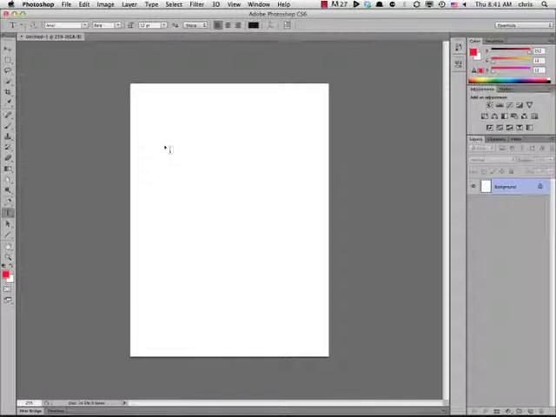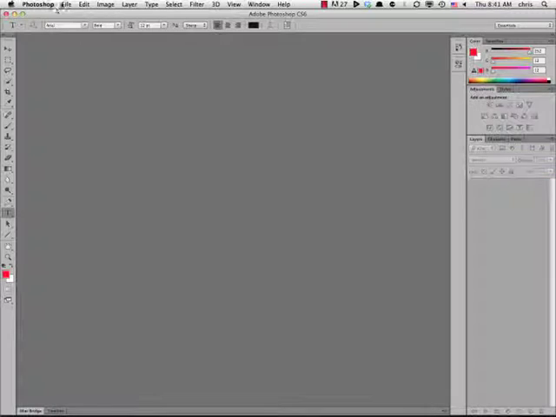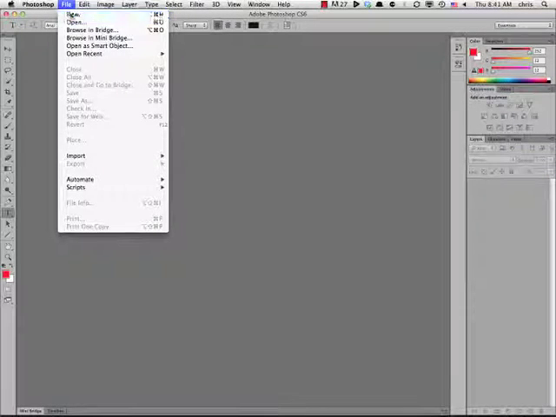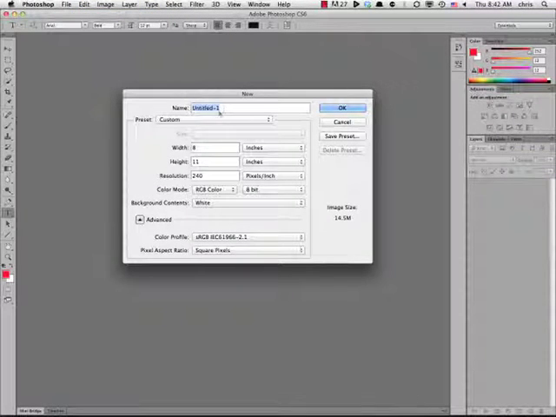All right, I hope you're ready to have some fun with type tools. I'm going to jump right into things by creating a new document, and I'll close this one out so we can get started fresh. Let's go to File, New, and go ahead and just type in text,